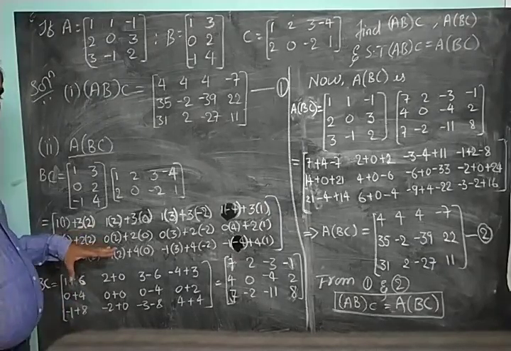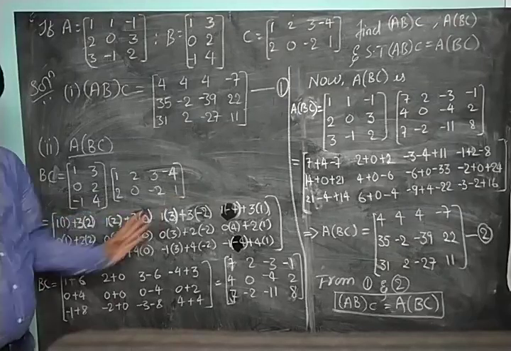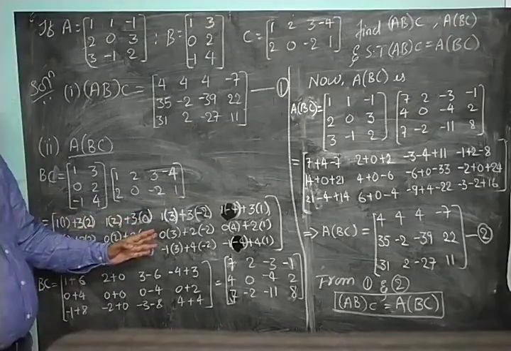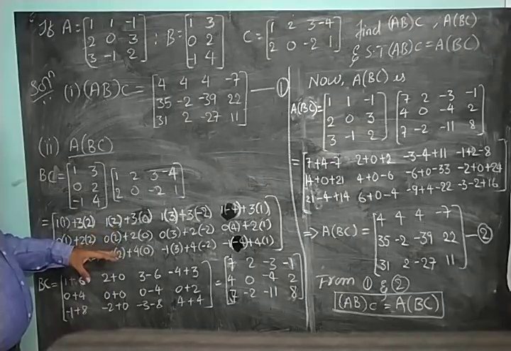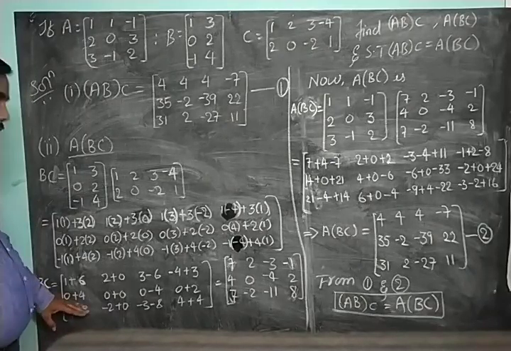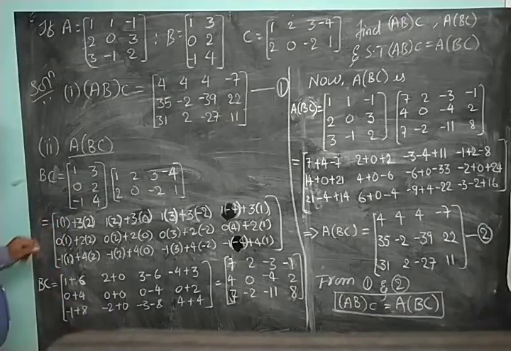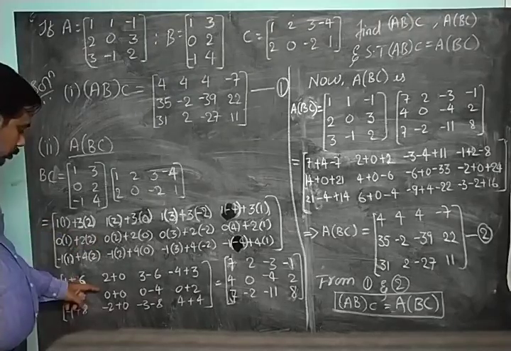Till now it was a new concept, so I have written it. There is no need for writing this in detail. If you are not confirmed, then only you can use this one. If you are practiced with this, then directly you can write down this step. It will save your time, but only if you are perfect with it. Okay? So 1 into 1 is 1, 3 into 2 is 6,